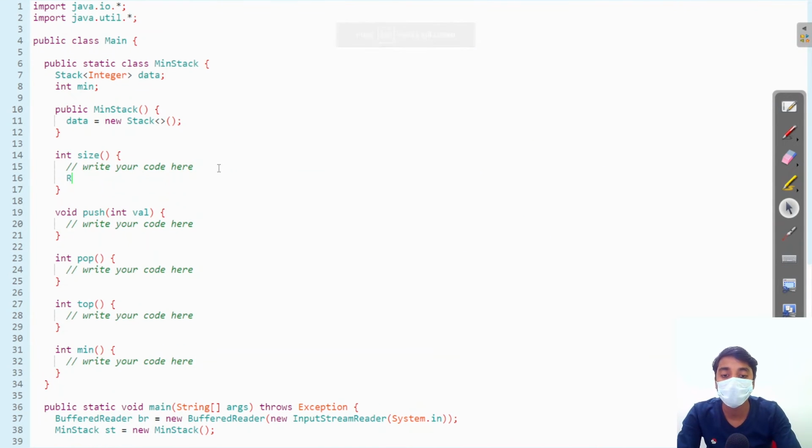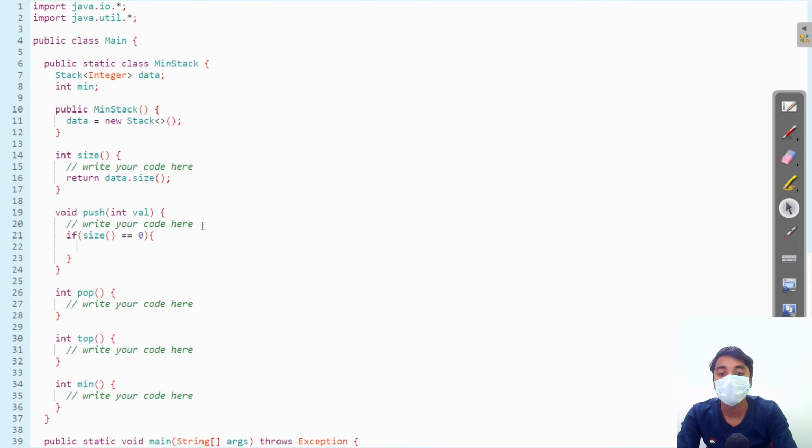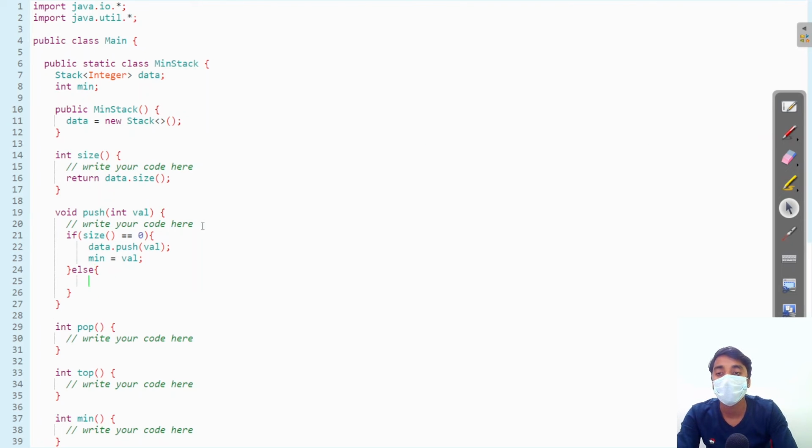Now for size, return data dot size. Now for pushing the element, first we need to check if our size is equal to 0. If it is 0, we will simply push the data in our stack and update the minimum from that value. Else we will check if our value is smaller than minimum.